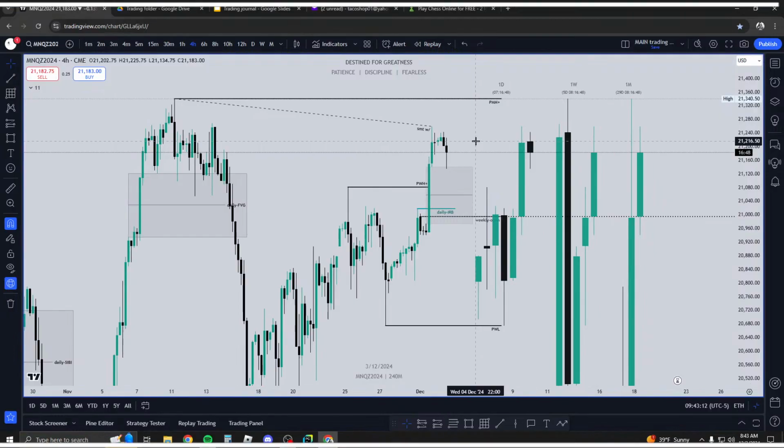We look at this massive BISI that we're within right now. This BISI should be respected if we're going to continue higher. The only way I could see lower prices is if, like I said, we completely disrespect this 4-hour fair value gap and we get a closure below it with displacement on the downside. But as of right now, not much you can really say up here. But yeah, that's it for right now.